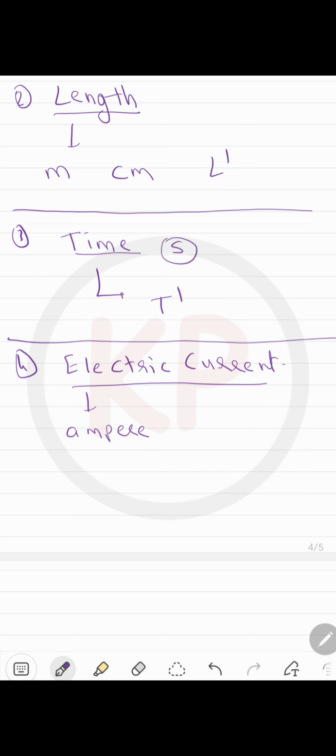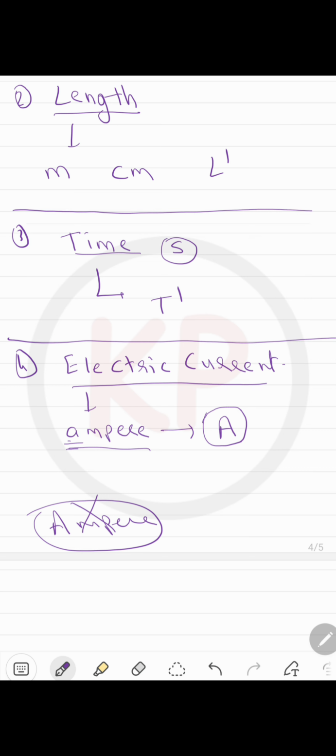See, whenever we are writing the unit in the name of a scientist, then always you have to start with a small letter. So if you are writing ampere as a unit, then you have to write like this. If you are writing Ampere as a name, then you have to write like this. This is the rule. So this is not the unit, but this is the unit. And when you are giving a symbol, then you have to write like this. So this is the symbol for ampere. This is the whole name of the unit. Its dimensional formula is A1.